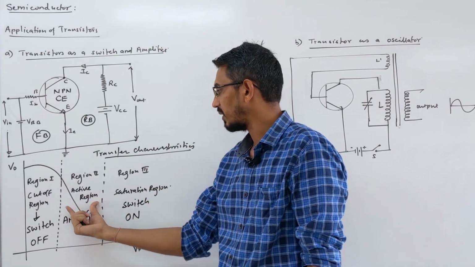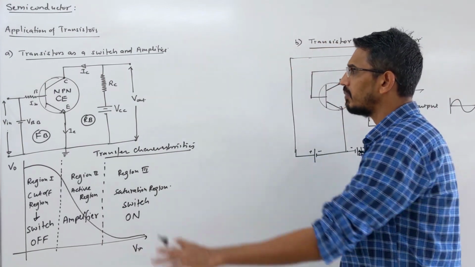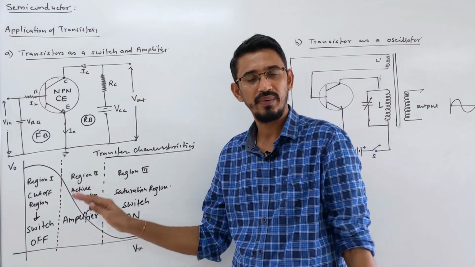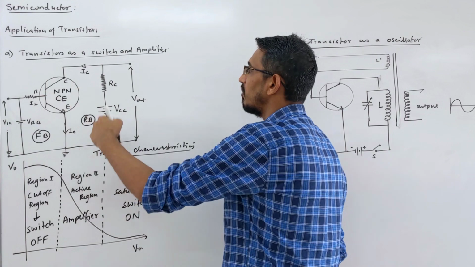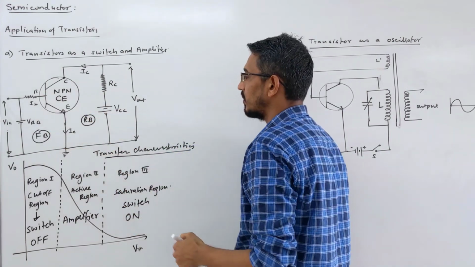The middle one is called the active region, and here it works as an amplifier, right? The mathematics of this I already told you, because they ask you for the current gain and voltage gain here. We already learned this mathematically in the last lecture. Still, you should understand how to write the loop equations by Kirchhoff's law, Kirchhoff's second law. We did this yesterday.